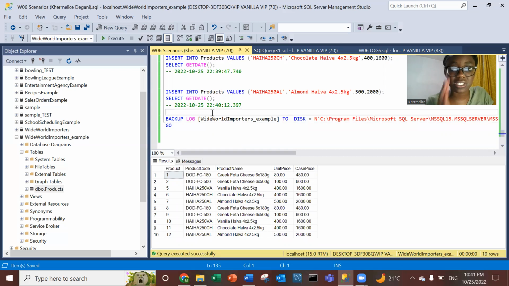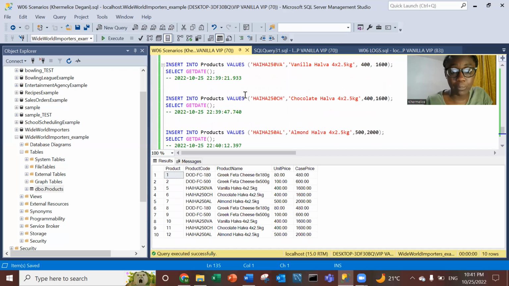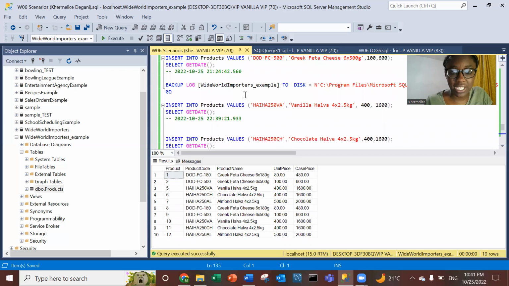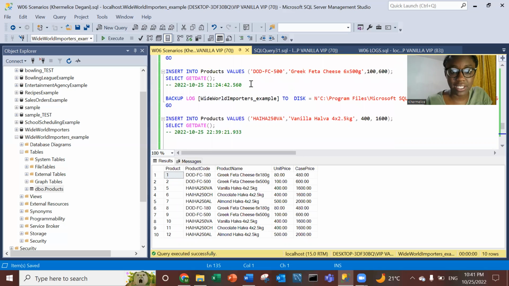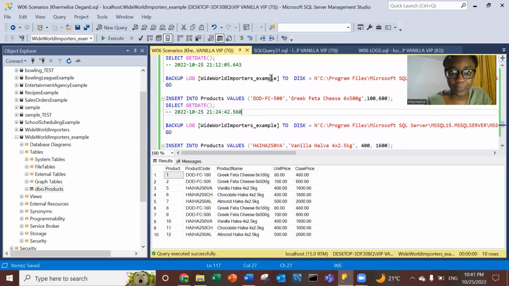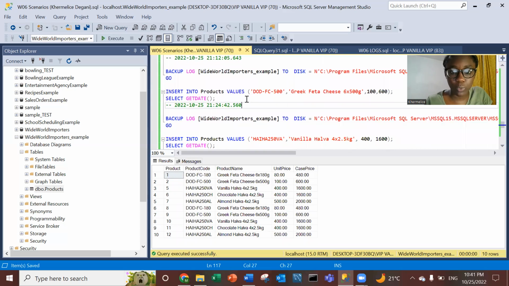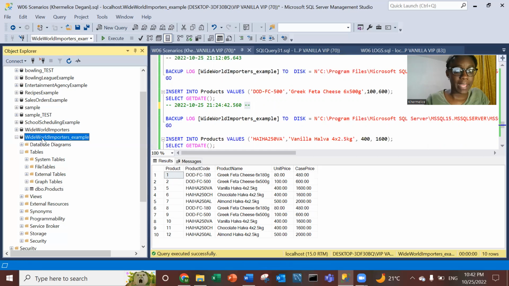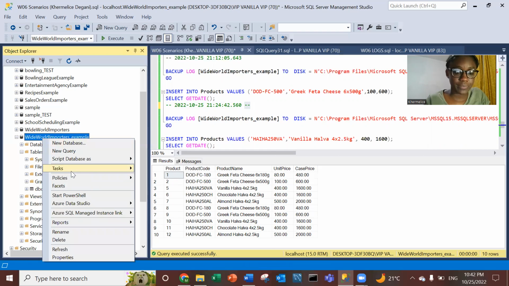In this instance, I'm going to restore to the point in time where I had added the feta Greek cheese over here. So that point in time was this one here. I'm going to run it back to this point. If we come back to our GUI here,